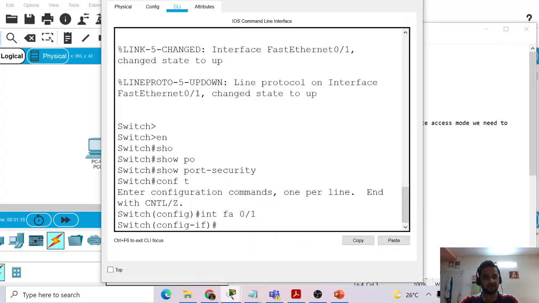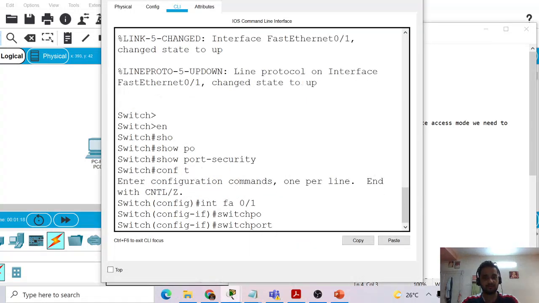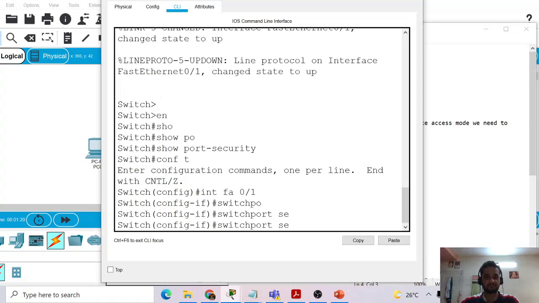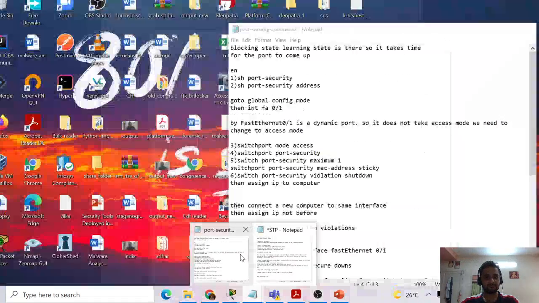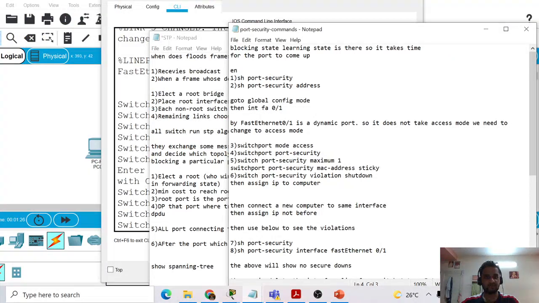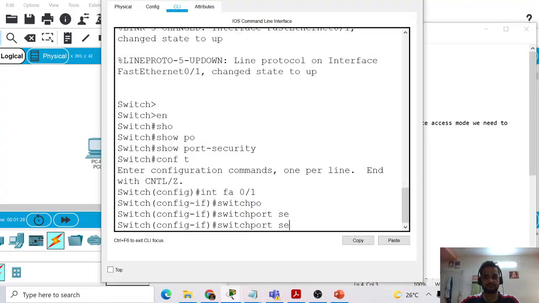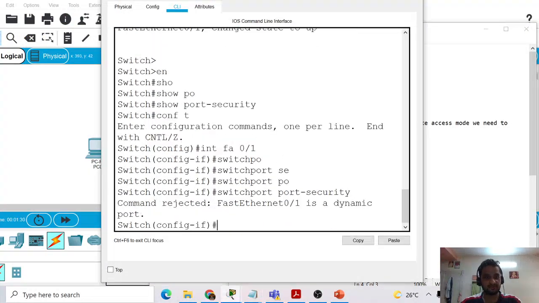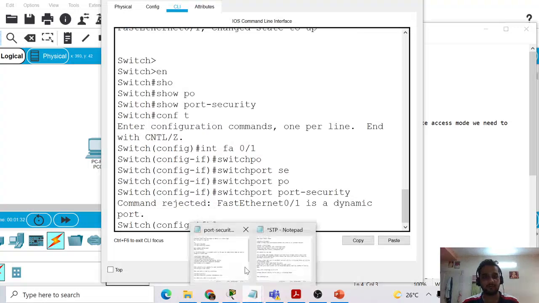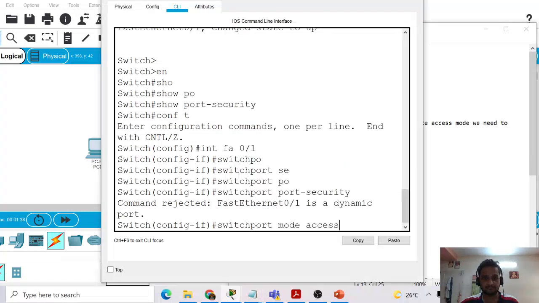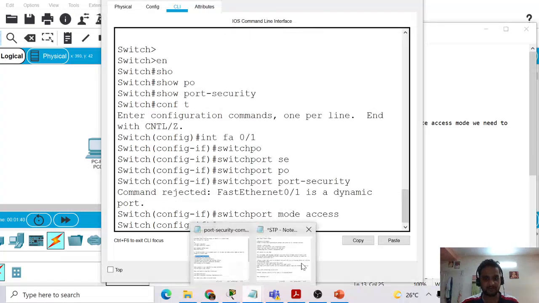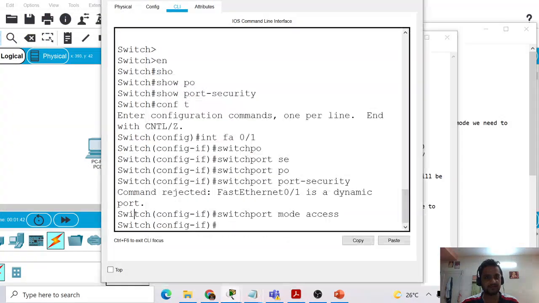If we try to give switchport port-security first, it will not take; see, the command is rejected. For that we first need to give switchport mode access. Then it will take switchport port-security.